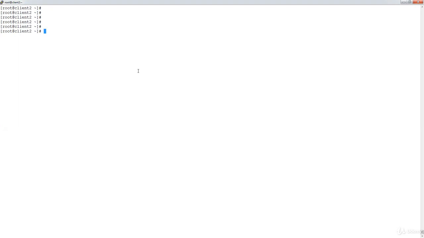I can either zip it, archive it, or take a backup and put it somewhere, or I will ask the user to remove the unwanted files or directories on that file system. All right, so these are the steps we are going to perform.